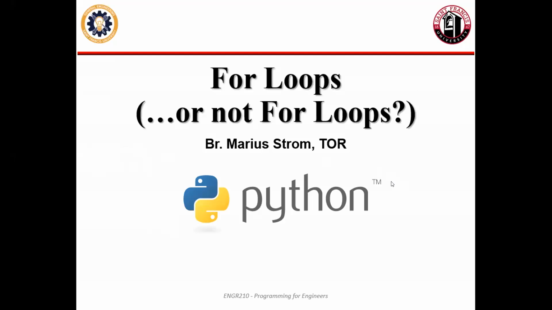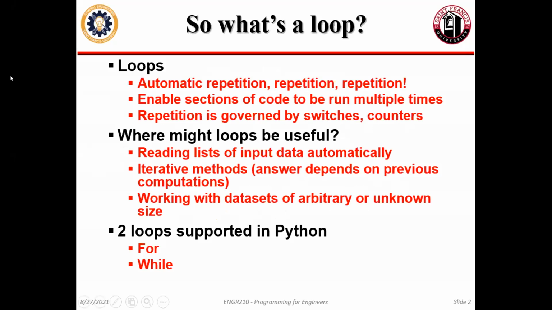The answer is you're always for loops. So nice if I was on the page. So the loops that we're going to talk about both do the same sort of thing. They both enable some sort of automatic repetition. It lets you run the same code a whole bunch of times. And the 2 loops that we're talking about are for loops and while loops.